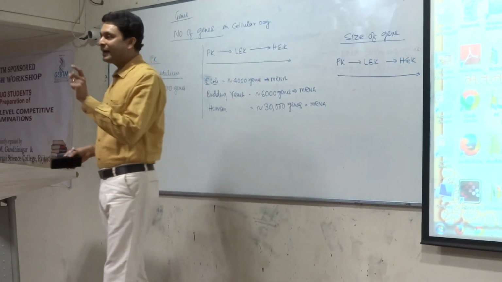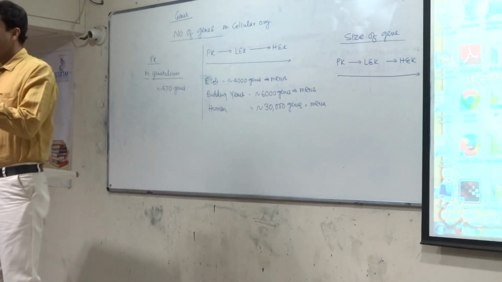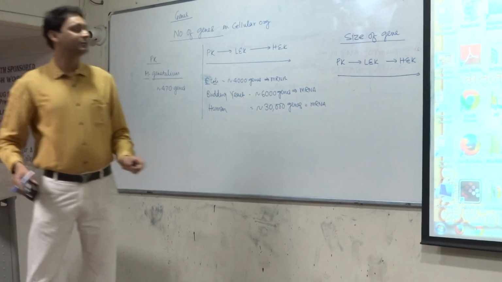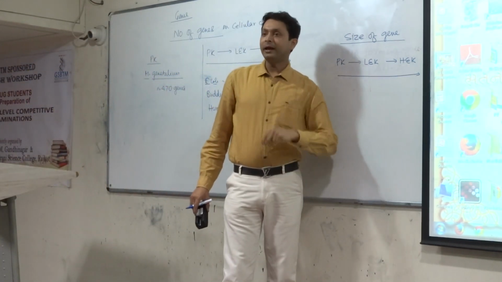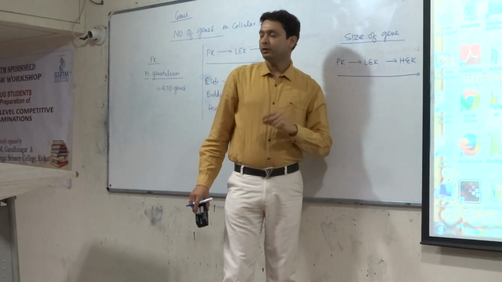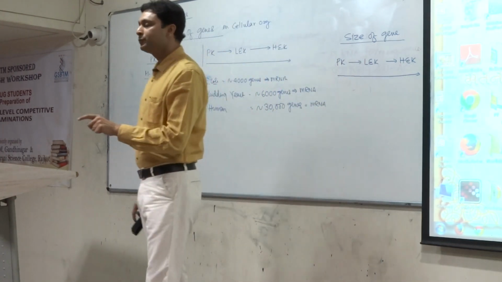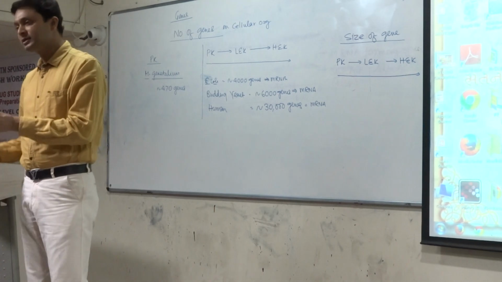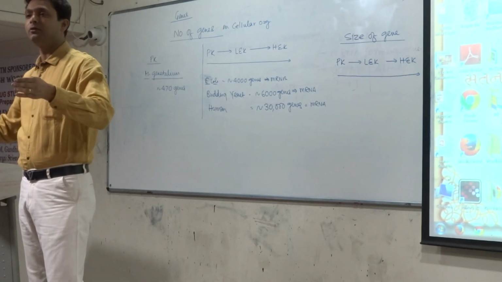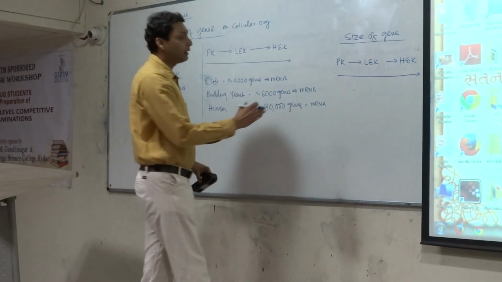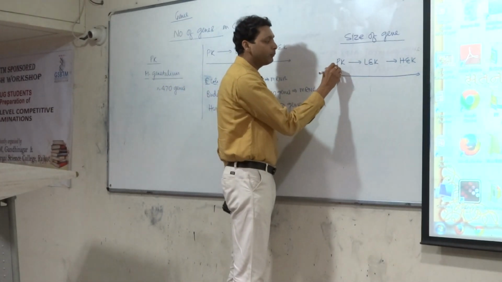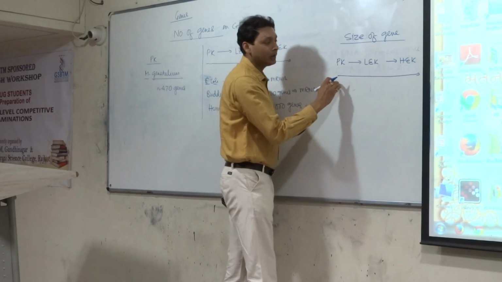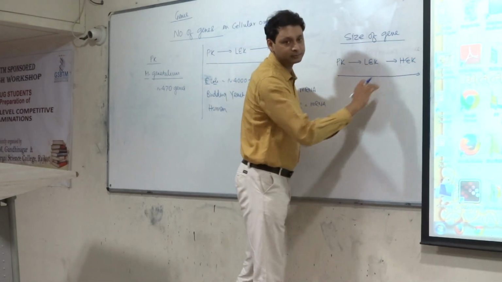It means the size of the prokaryotic gene is comparatively smaller as compared to the size of the gene present in the higher eukaryote. And the reason behind this is that in the higher eukaryote, due to the presence of introns, due to the presence of non-coding sequences, the size of the genes is going to increase. So if you compare the size of the gene, in general you will find the prokaryotic gene size is lesser as compared to the higher eukaryotic gene.